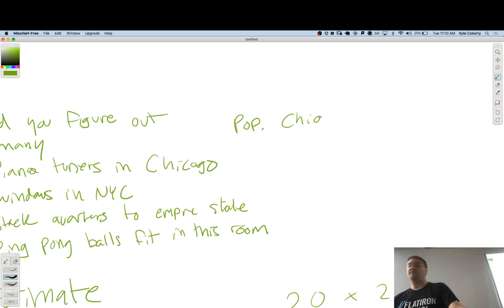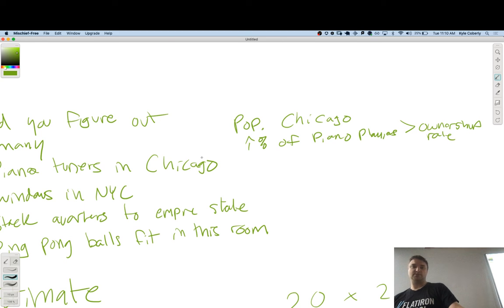Population of Chicago is a factor. What else? Percentage of piano players. Okay. Actually, I think maybe even just pianos owned. Yeah. Okay, so like ownership rate.